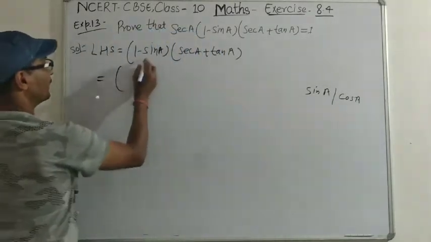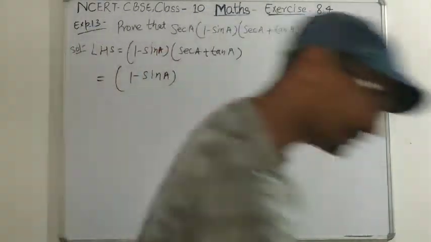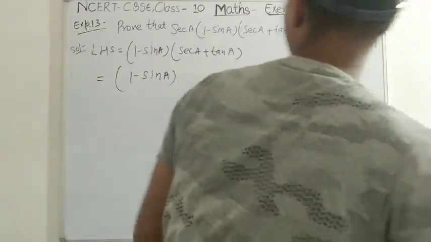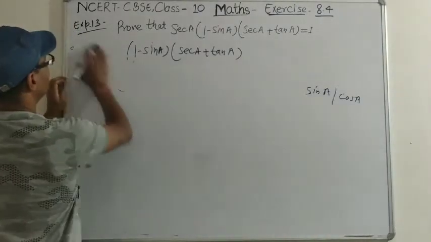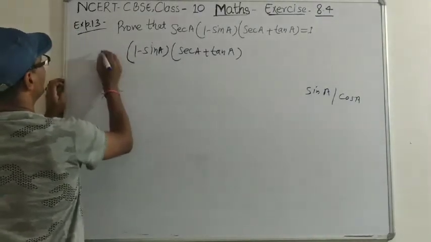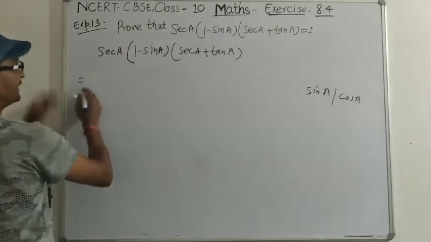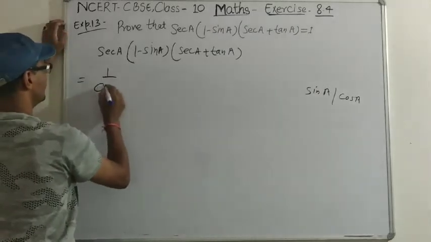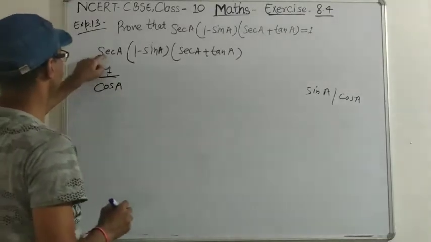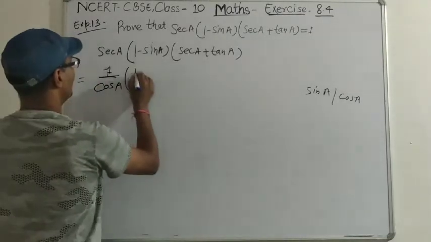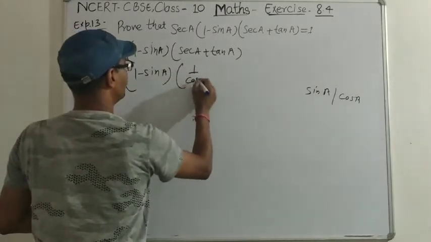So now see here, it is 1 minus sin a and sec a. Now see, the question is 1 minus sin a into sec a, sorry, here it was sec a. So what is the formula of sec a? 1 by cos a. It is all written in the previous exercises. Sec is the reverse of cos, 1 by cos a, and 1 by sin a we will not change because it is already sin. Sec a is also 1 by cos a.